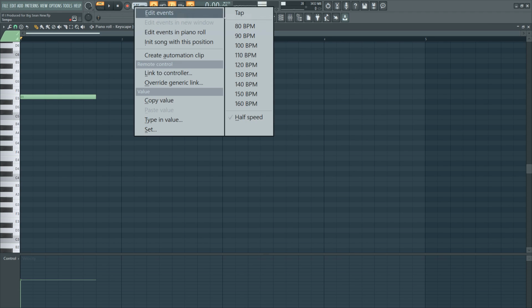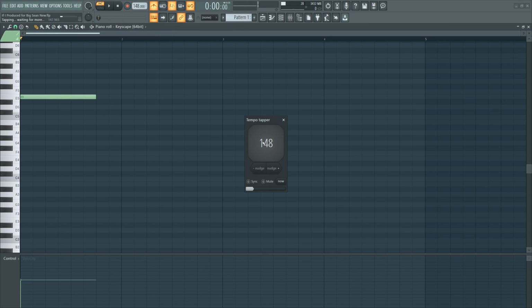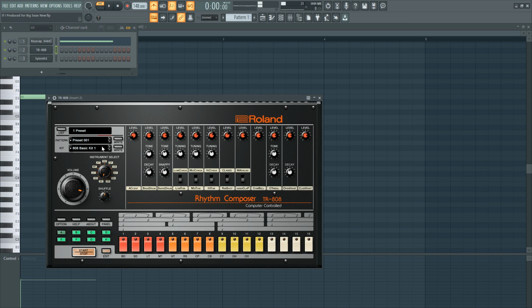And also let me tap the tempo out. So I want like a small bounce. So let me draw out the notes first. Okay, so Roland TR-808, I have that going. How do you turn this off? I don't know how to turn it off. Great, I don't know how to turn the sequencer off.